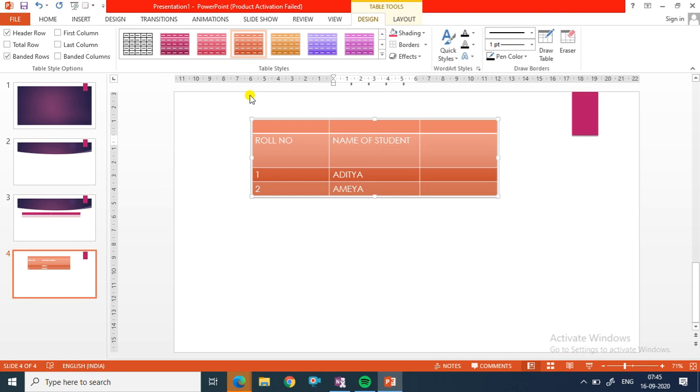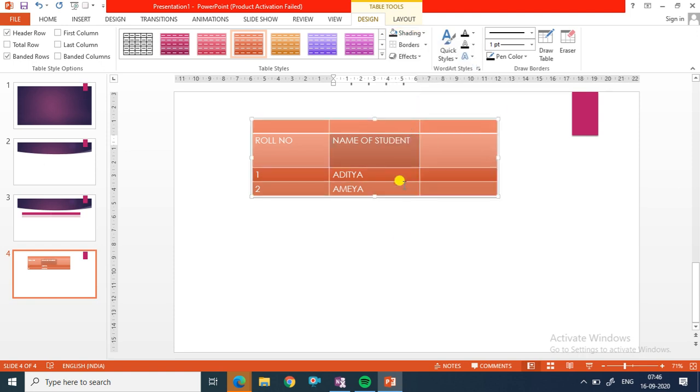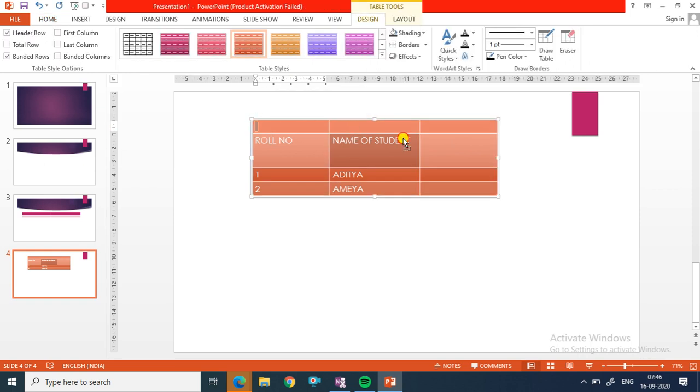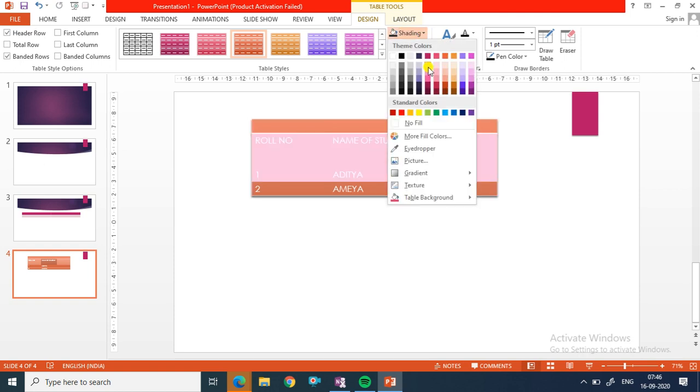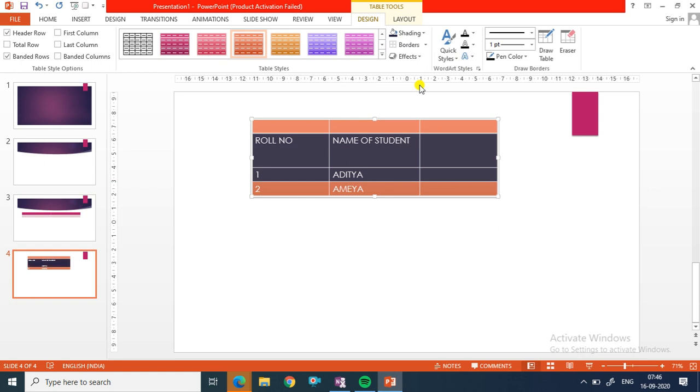Okay, but we can also design our own table style using the shading command. For that, also click here. Fine, and select any color of your choice. Suppose I want this one. Select your table, click on design, okay, and just give the shading as per your choice.